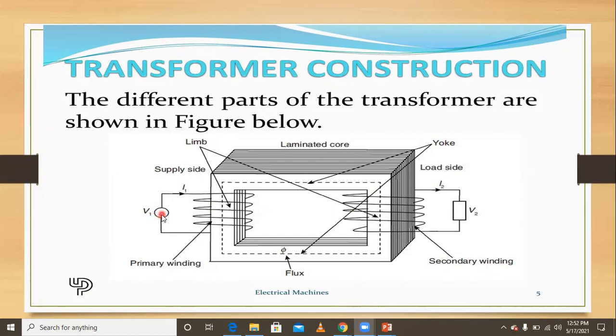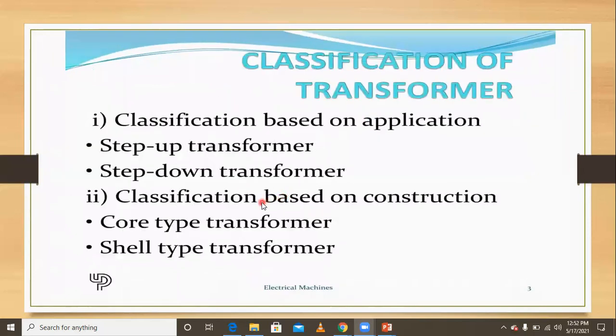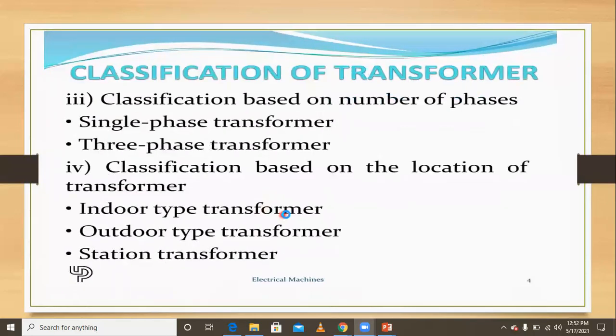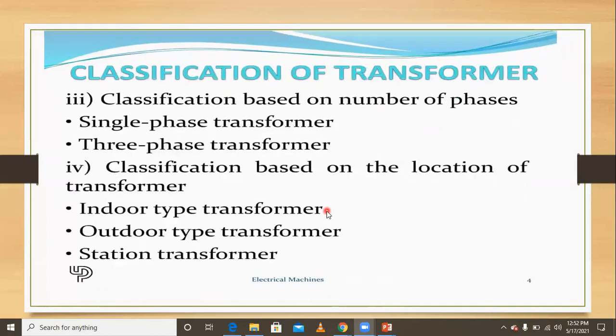The transformer is electrically isolated. These two circuits are isolated, but magnetically coupled. A transformer is called an electrically isolated device but a magnetically coupled device. Its primary and secondary look isolated but are magnetically coupled circuits. This is called a transformer. This is the construction inside the transformer. I will explain the construction so you can easily understand the concept.